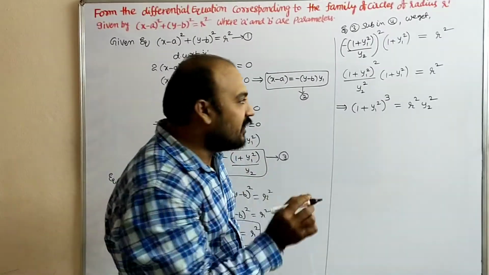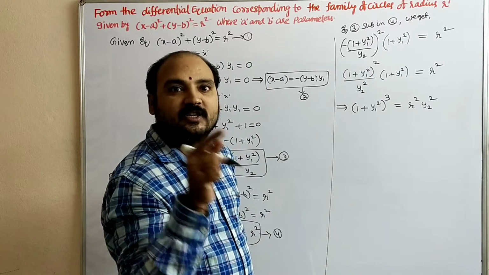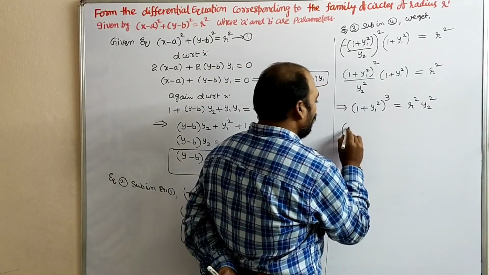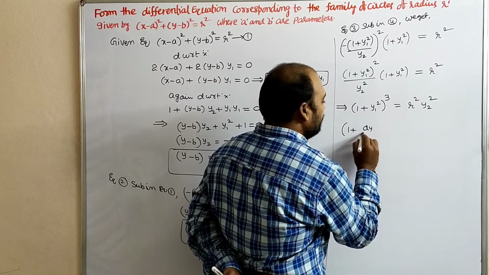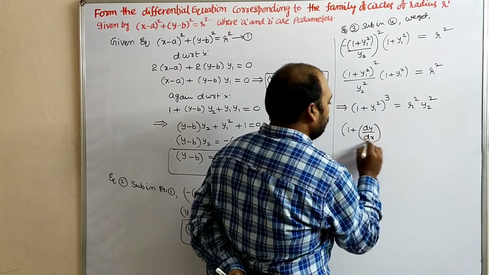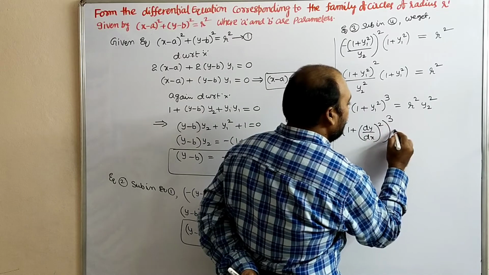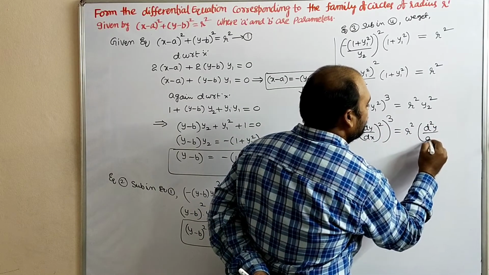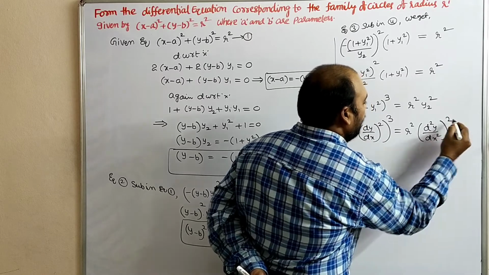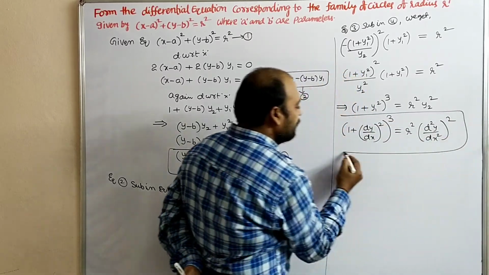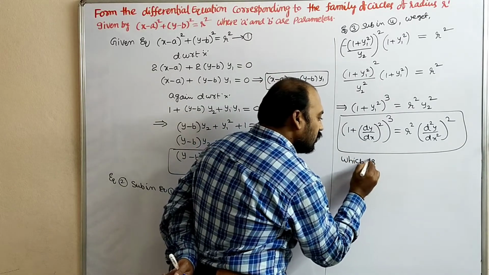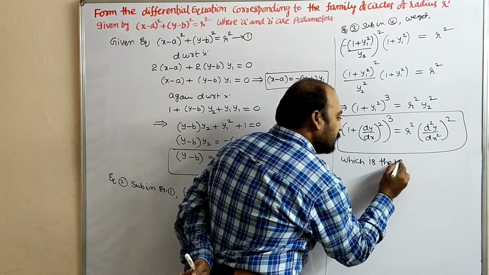Now wherever y1 and y2 is there, you have to replace with dy by dx and d square y by dx square. So now 1 plus dy by dx whole square, whole power 3 equal to r square into d square y by dx square whole square, which is the differential equation, which is the required differential equation,